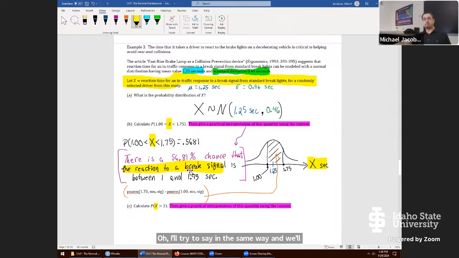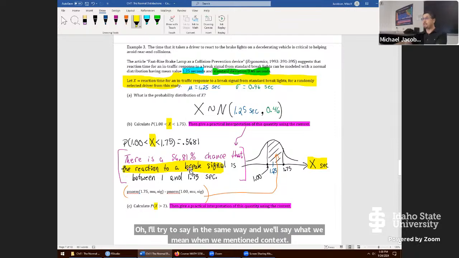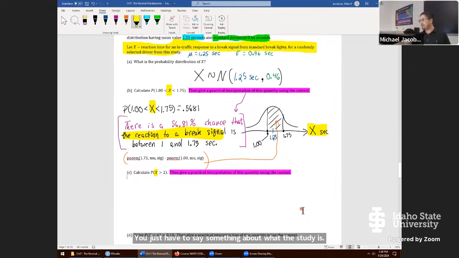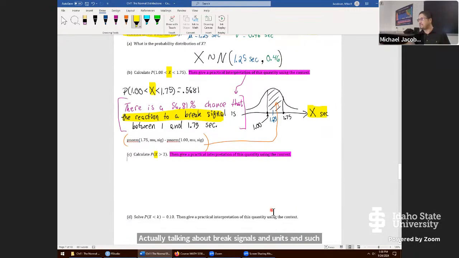You just have to say something about what the study is actually talking about, brake signals and units and such. So here's our next try at this. If you like, you could just type out the syntax to this. Give me one number, like the 0.5681, and that could be your whole answer, other than the practical interpretation we provide. But when you're learning this, if you ever want to look back at your homework once it's graded